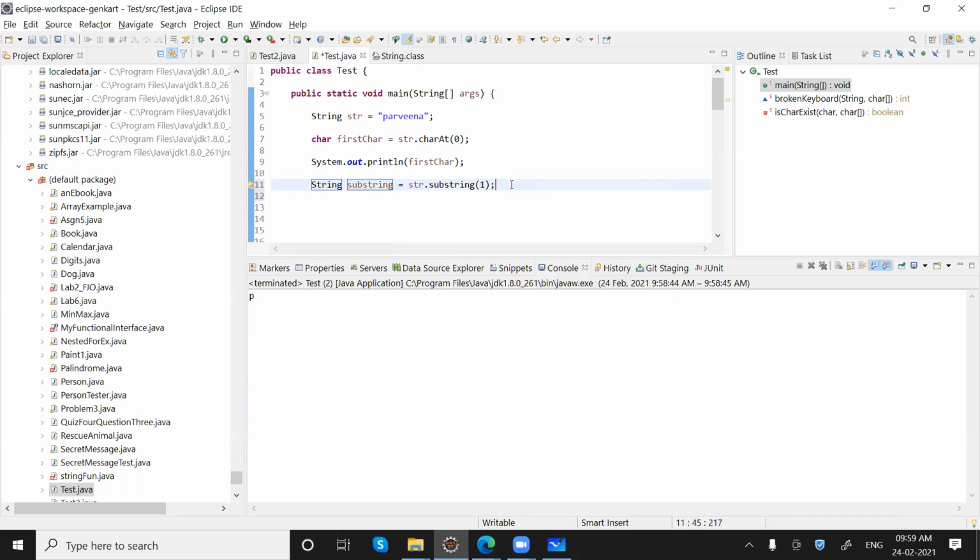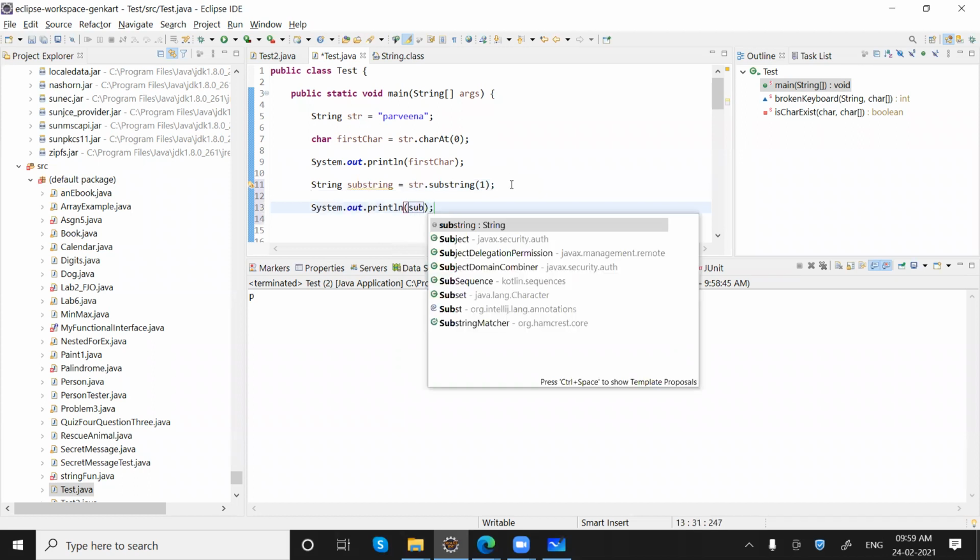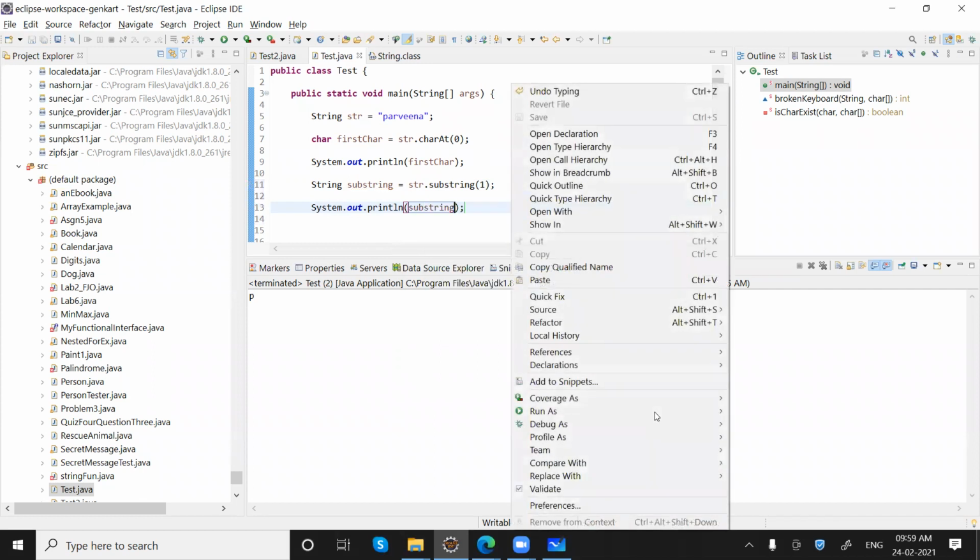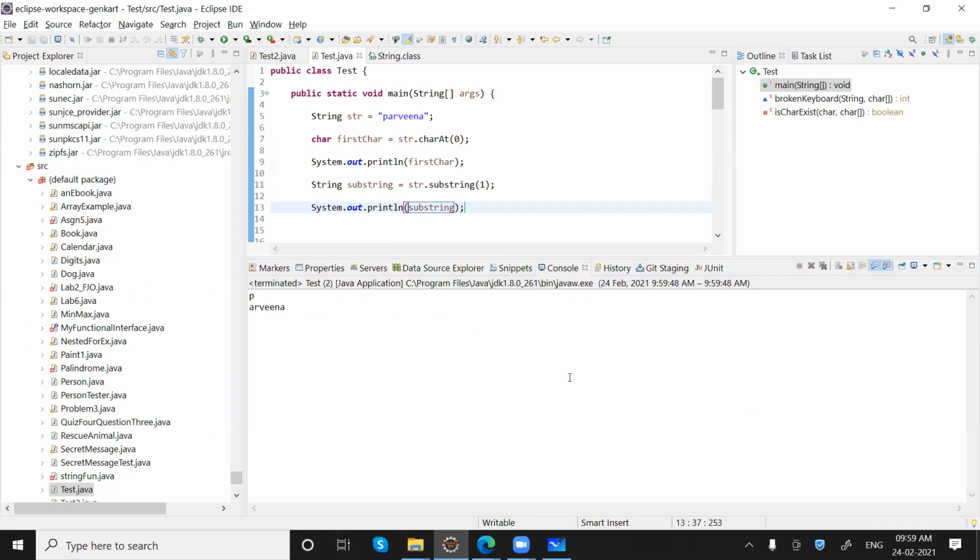So we got a substring, and if I try to print it, what we got is Arvina, right? Now using this, I can form a new string.